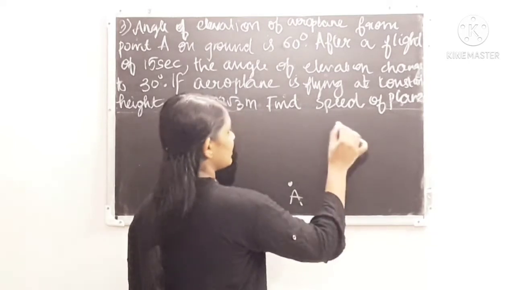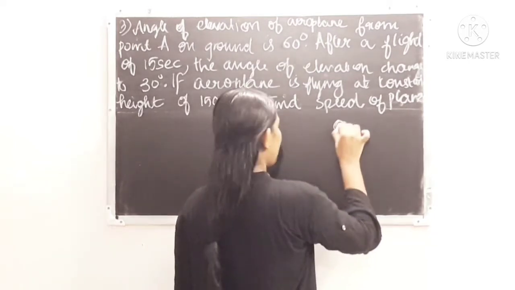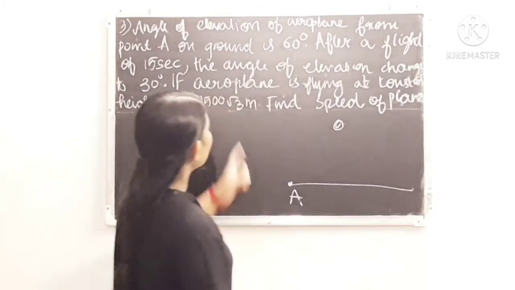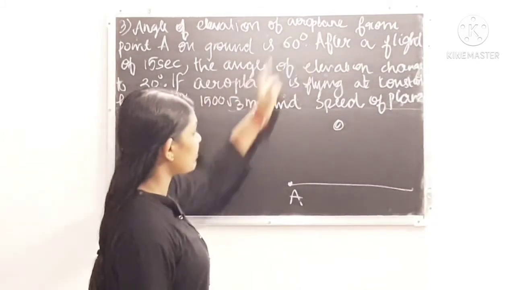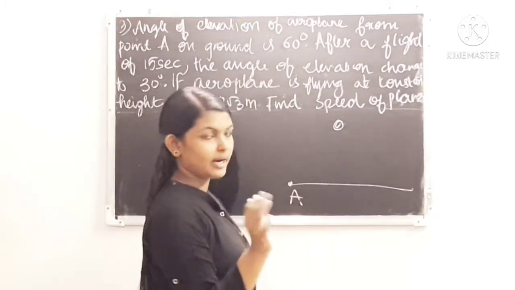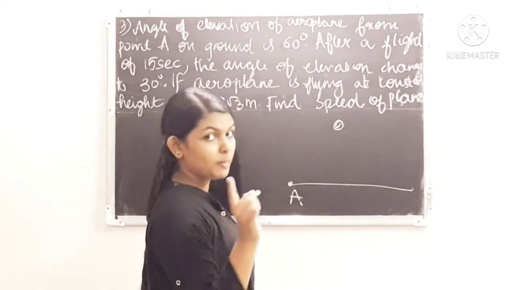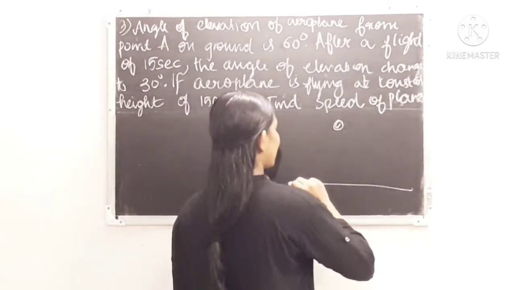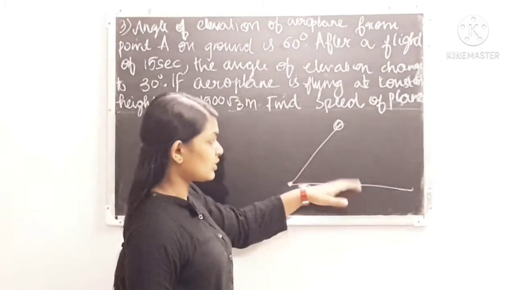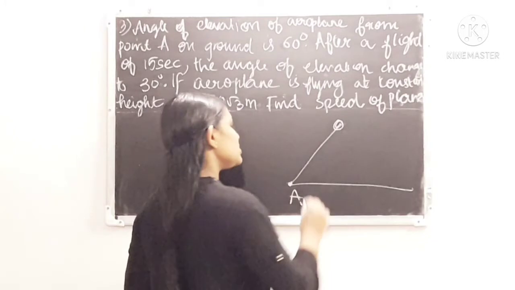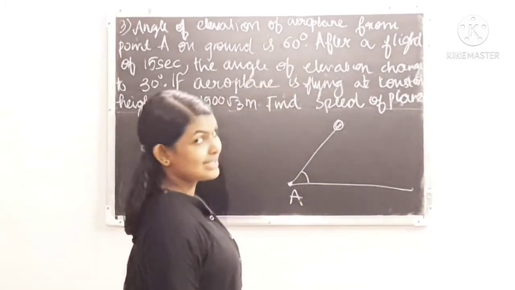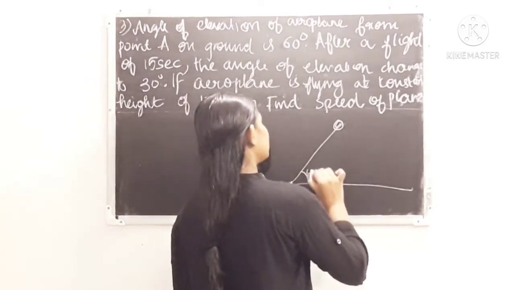height. Height is given later. So he observes an aeroplane. Then this will be the aeroplane. It is further given that the angle of elevation of that aeroplane from the point A on the ground is 60 degree. That is the line of sight as we mark it. Line of sight will be the line joining the observer and the point. And the angle made between the line of sight and the horizontal is its angle of elevation. So this will be the angle of elevation, which is given in the question itself as 60 degree.